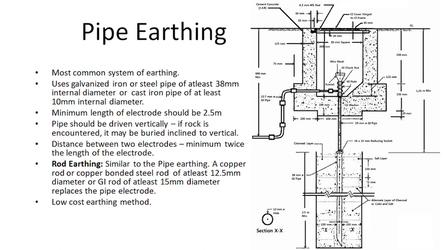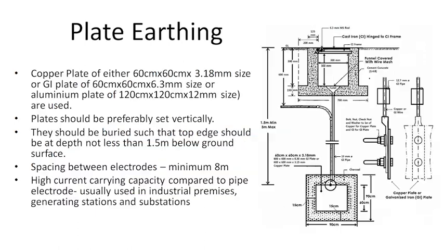This pipe earthing is a low cost earthing method as well. It is a little compromised, but it is low cost. There is plate earthing. Either a copper plate of 60 cm by 60 cm by 3.18 mm, or a GI plate of 60 by 60 by 6.3 mm, or an aluminum plate of 120 cm by 120 cm by 12 mm size is